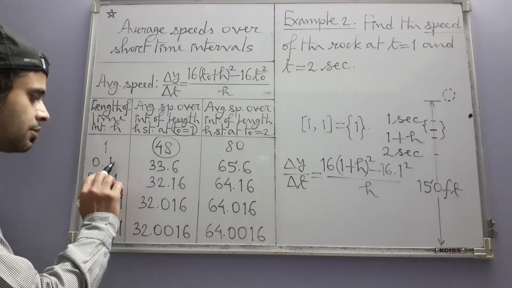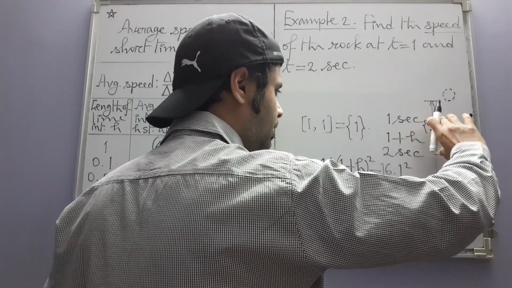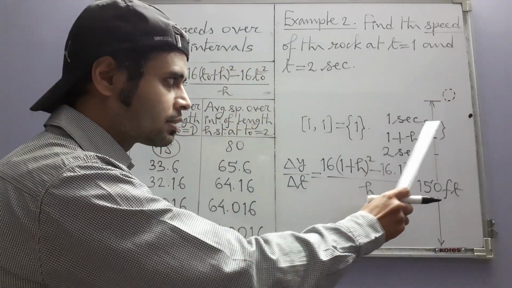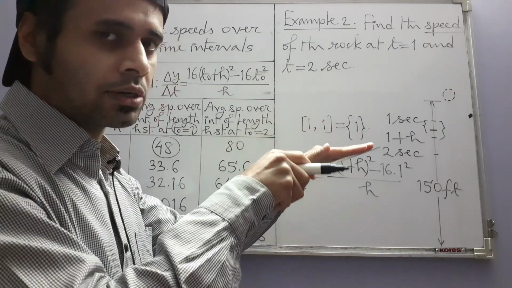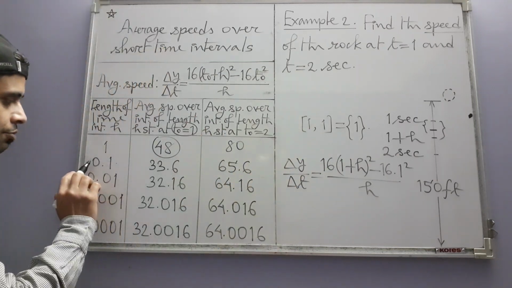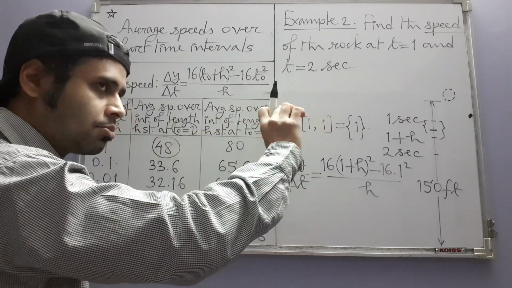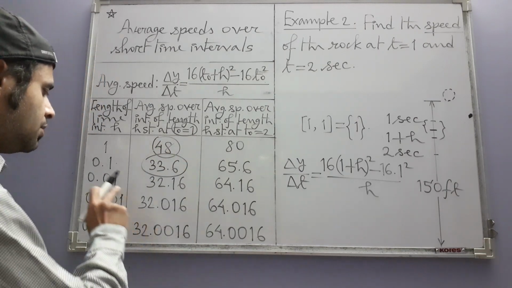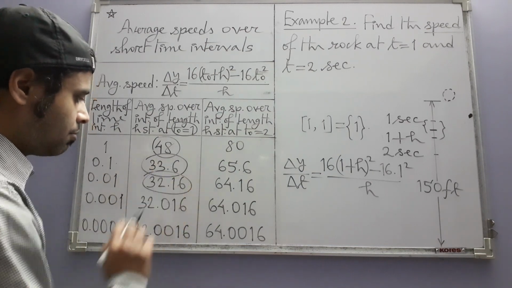But then we choose a smaller value of h, 0.1. So instead of this interval, now we consider a much shorter interval. That boundary 1 second mark remains intact, but we change the lower one. We raise it by choosing smaller and smaller h. So for this value of h, over that smaller interval, this is the average speed. But then we choose a still smaller value of h.